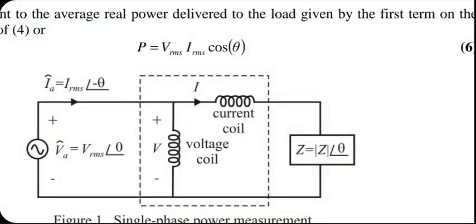What you do is you break the connection to the load and put the current coil in series. It's all done for you inside the instrument. You just have to take the appropriate connection from the wattmeter and connect it appropriately, as they describe in the operating manual of the instrument. So once those connections are made correctly, the current coil will see the load current flowing through it, while the voltage coil will see a current proportional to the voltage across the load. And these are in complex domain, by the way.